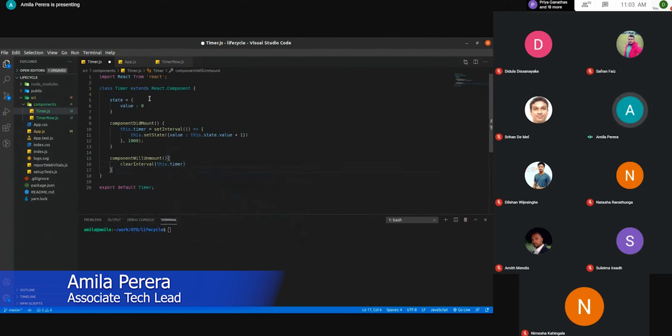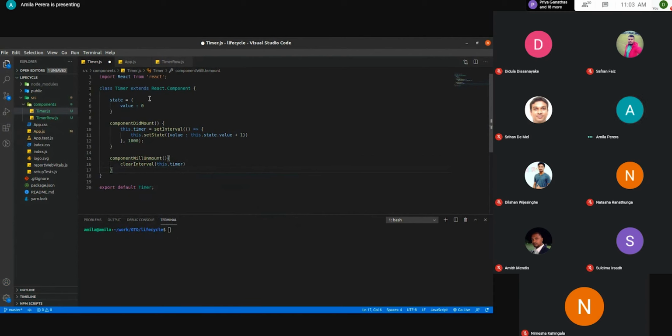I said that we don't have to use a constructor and bind this to the context. If you want to write that without binding your functions, you have to use arrow functions. It will automatically bind to this object, so you have to write like this. The advantage is we can omit the constructor functionality.